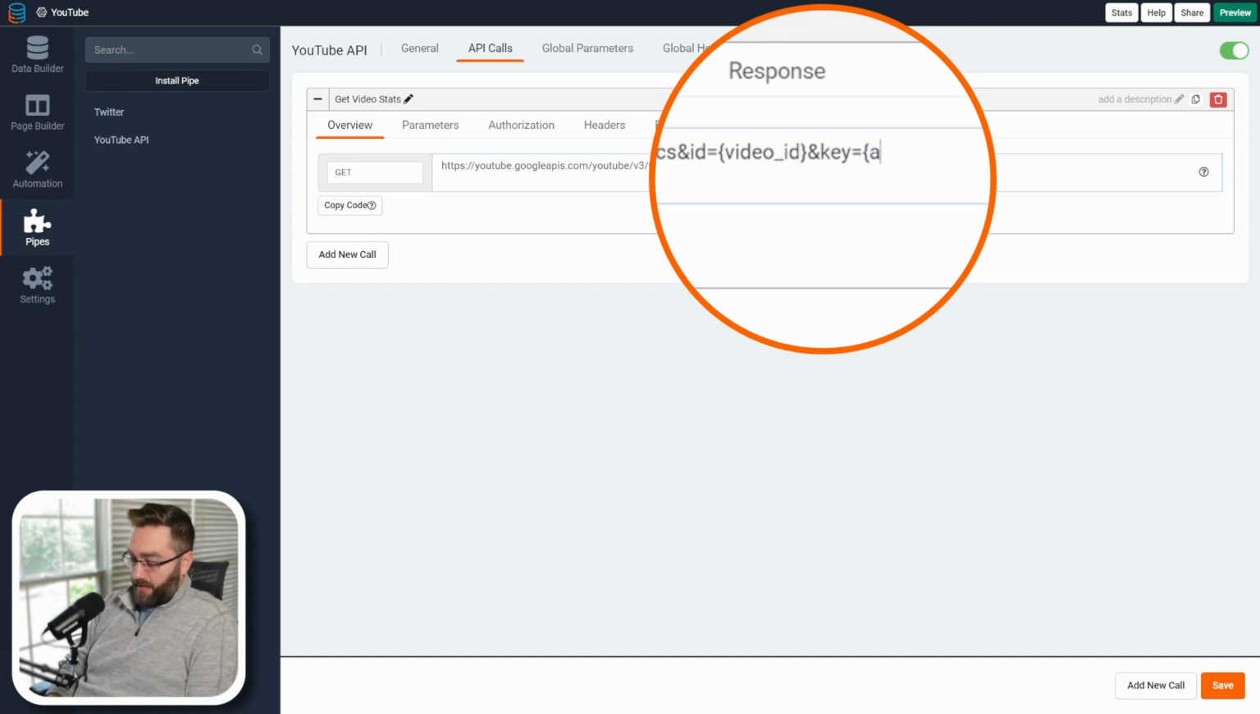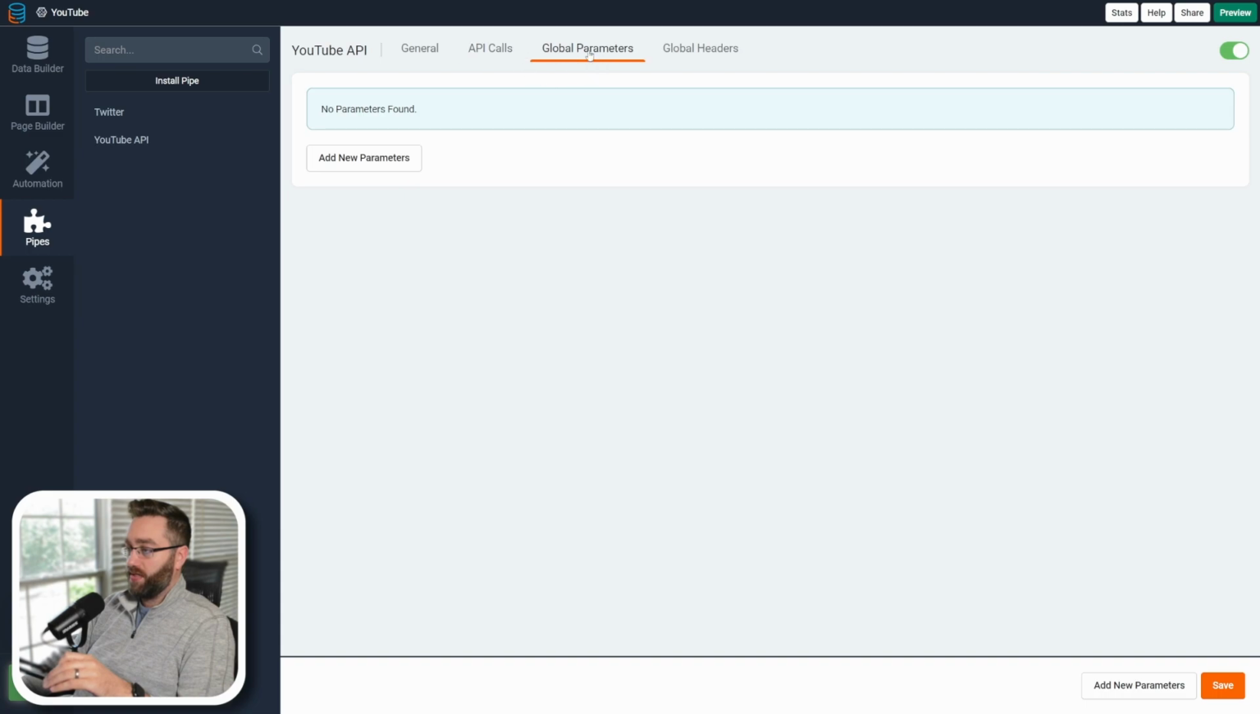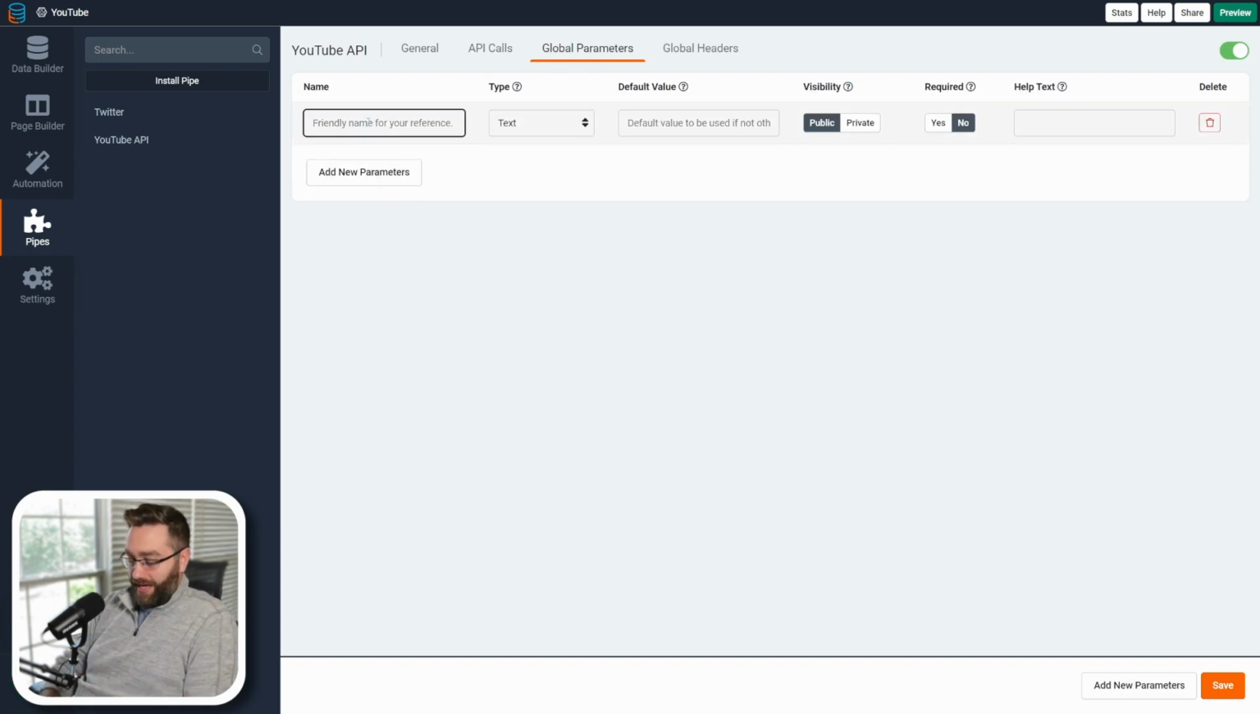Now the API key, I can do the same thing, but this is actually going to be stored somewhere different. The API key is not dynamic. The API key is going to be a global parameter. So we can add it in our global parameters tab. Make sure that I save this, and then we'll navigate to this other tab called global parameters. We will now add our parameter. We will type this out exactly how we did in the actual request here,